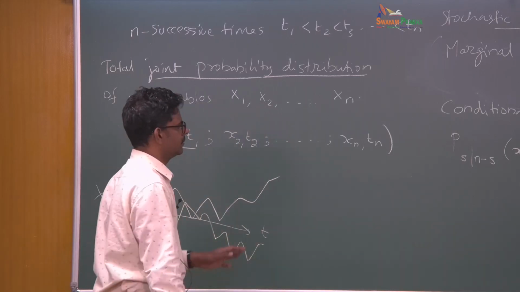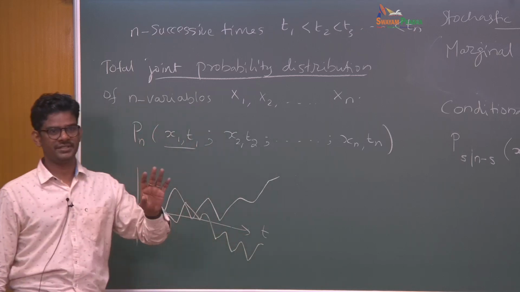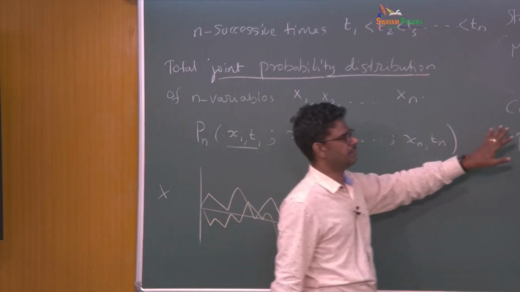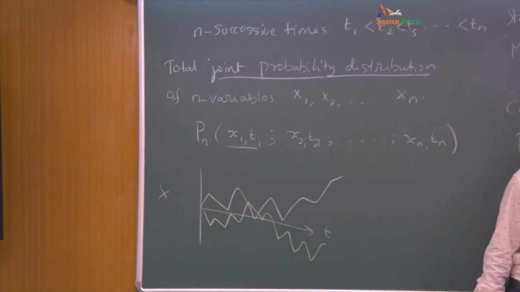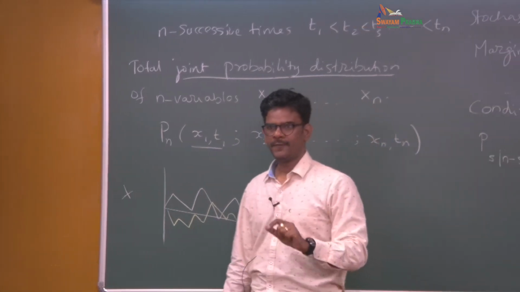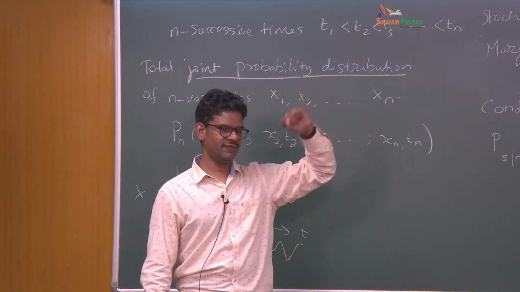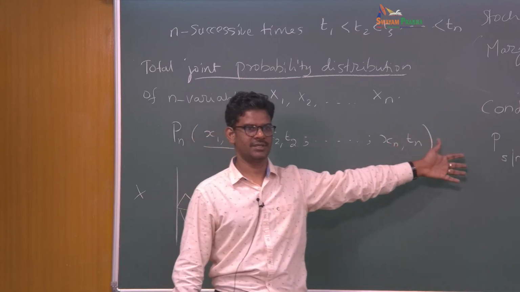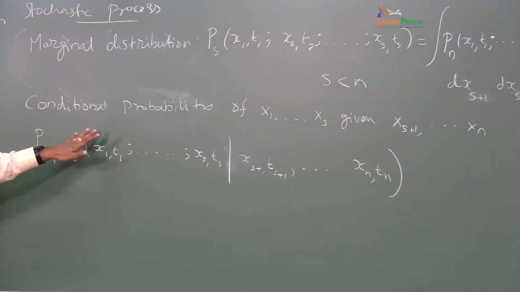Okay, so I hope there are no questions on these things. So we are defining three functions, right? The total joint distribution function, the marginal, and the conditional. The only difference between this approach and the one we defined in the beginning is that we are bringing time into this formulation. Earlier we did not have time, okay, because we are talking about a stochastic process. There is a time signature. So now after defining this